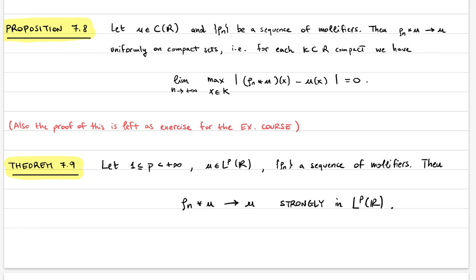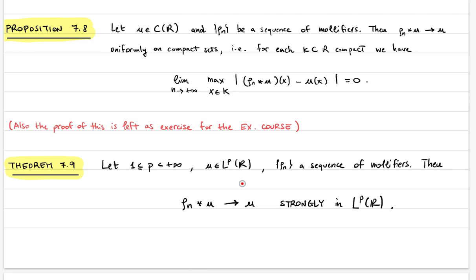because here I'm saying that if I take something continuous and I convolve it with rho n, which is C infinity, then by the proposition before I should get something which is C infinity, and by this proposition I obtained a C infinity function which is converging uniformly on compact sets to the original function, which was just continuous. So I'm just approximating u by something much more regular, C infinity in fact. Okay, the proof of this proposition is again left for the exercises course,